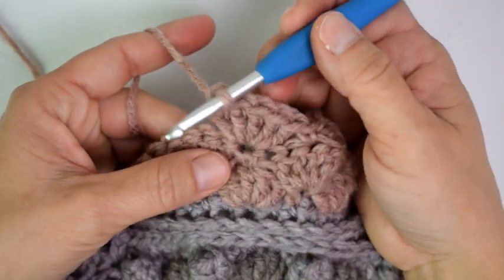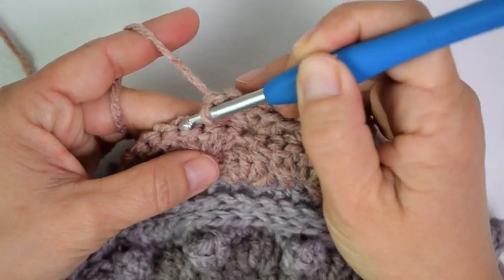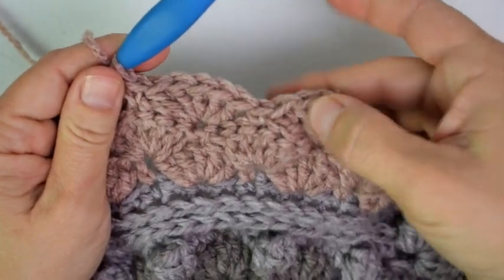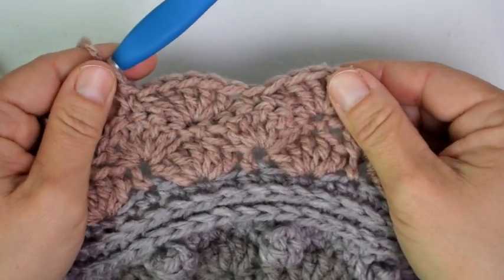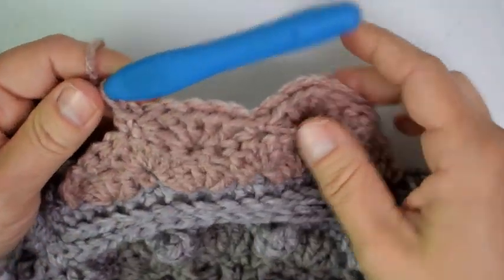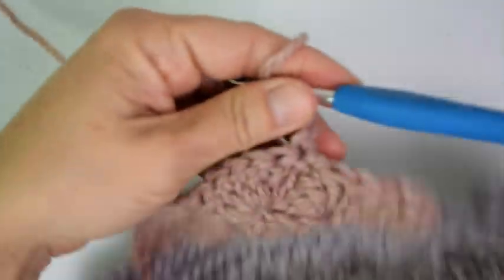And then single crochet to the 3rd double crochet of the next shell. So here we have 2 shells for this row. So for the last row of this section, I'm going to chain 2. You're going to turn the work,